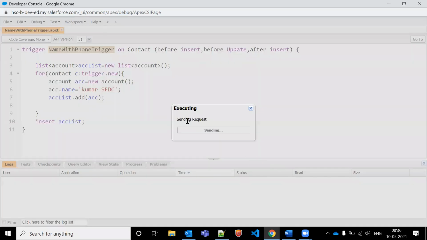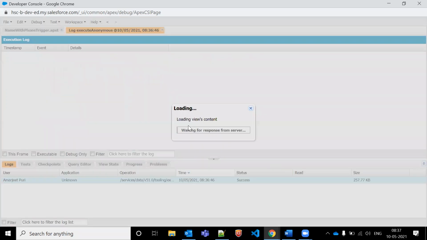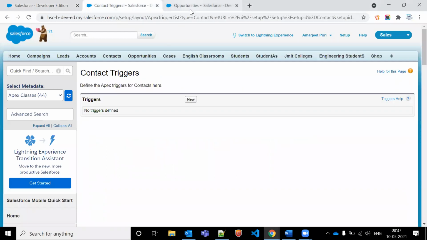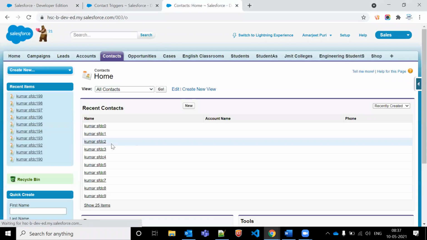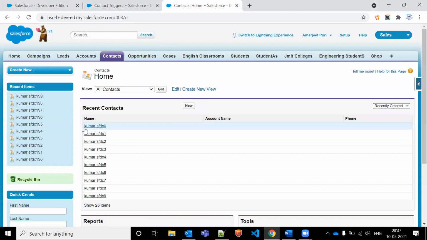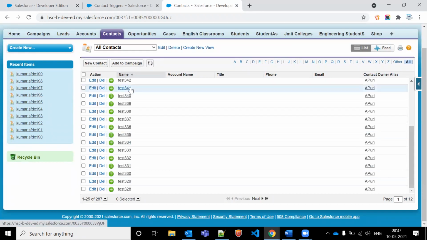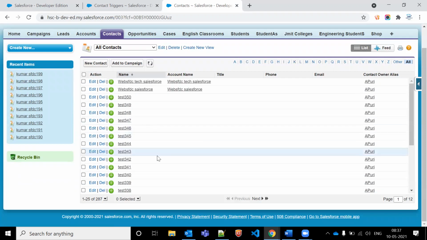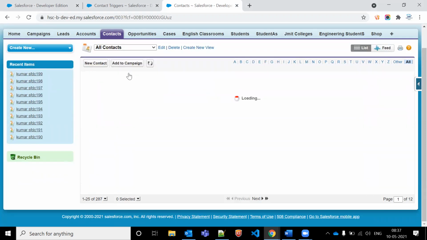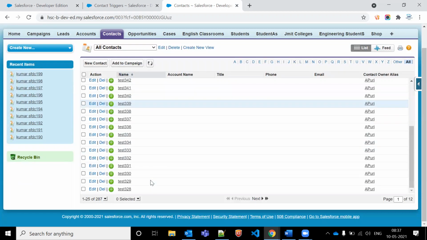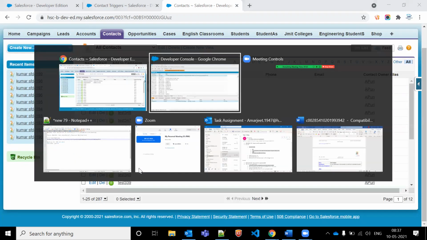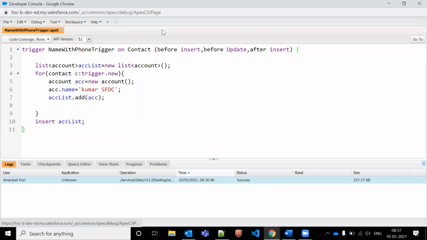Got it or not? Let me just click on the execute button now. So now it is not showing any error message. And now let me check whether we are getting the records in the database or not. So we'll go to the contact object. See, it is showing Bharat Kumar SFDC 0, 1, 2, 3, 4, 5, 9. Previously it was around 39, I guess. Now it is showing 287, right? It is performing a DML operation. So like this, you can check where the records are. I think previously some records were also created. So you understood or not now?